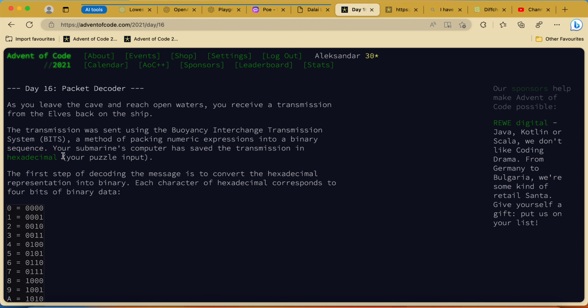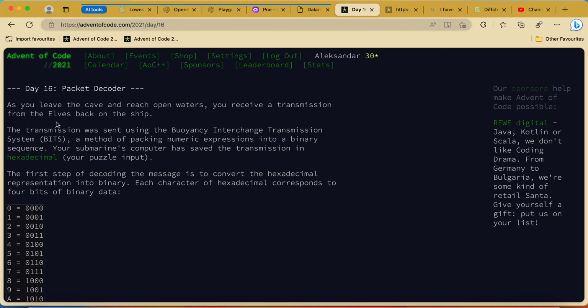As you leave the cave, so far we are in a submarine in the ocean, and we were hiding in a cave, and we were navigating how to go out of the cave, how to not break our submarine or hit some too warm parts of the cave, etc. Those were some of the tasks that we've been solving, and now we are leaving the cave and reaching open waters.